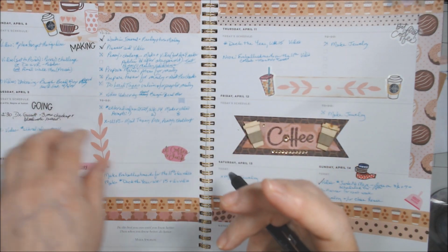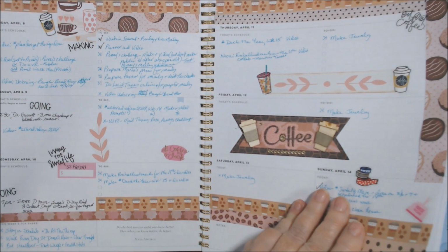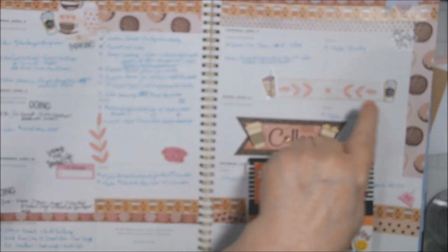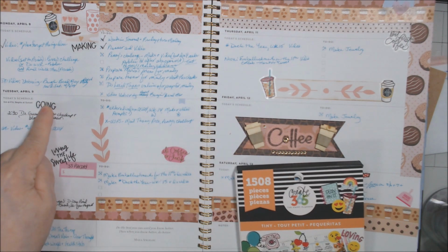I left it open because I don't know how much. So I used some stickers. The only Happy Planner book I used was this one, and I used it for this coffee mug, but first coffee. I really don't actually like cold coffee, but I put it there anyway. This hot coffee, going,